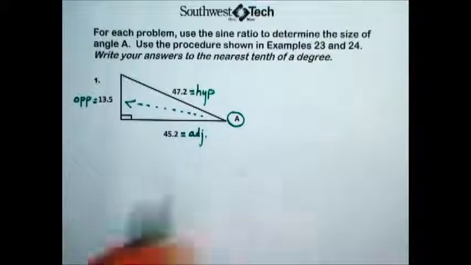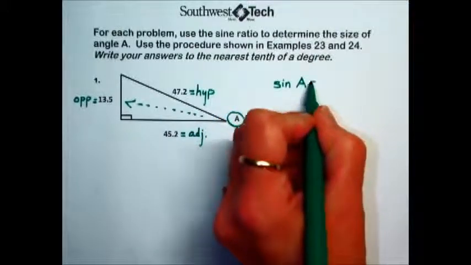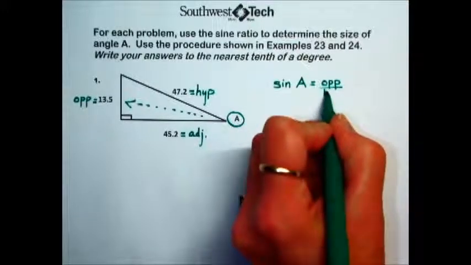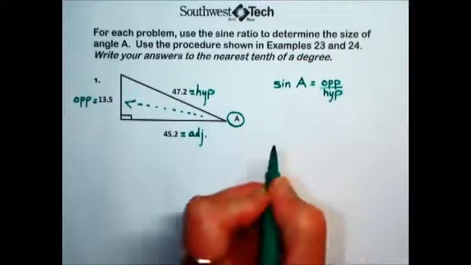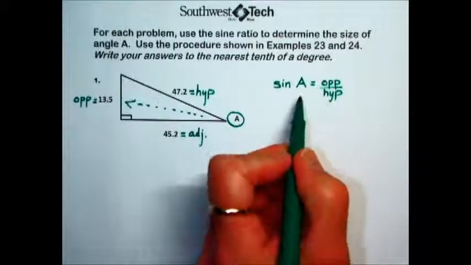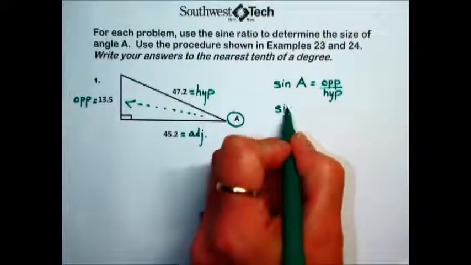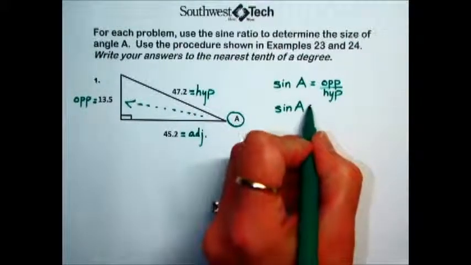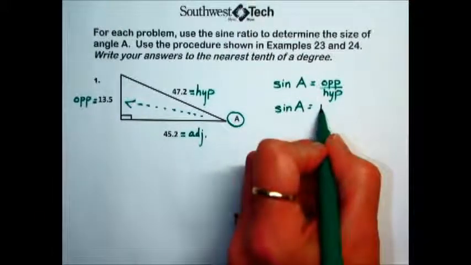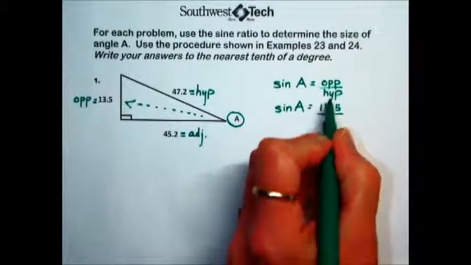We're using the sine ratio here, and by definition, the sine of an angle is defined by the opposite side length over the length of the hypotenuse. There's 3 places for variables. To solve this ratio, we need to know 2 of the 3. In this ratio, we don't know the angle size, but we do know the length of the opposite side is 13.5. We also know the length of the hypotenuse,